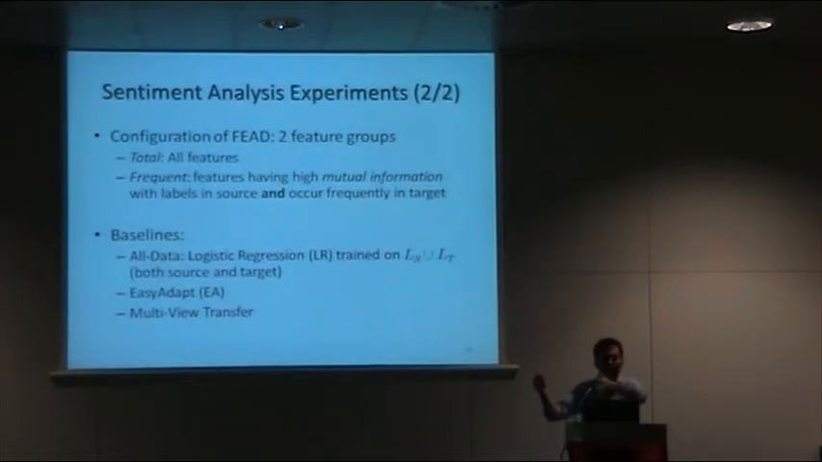So you can use unlabeled target data to measure the frequency of words, and you can use the labeled source data, which is available in plenty, to calculate the mutual information. And then you take an intersection of these sets and obtain this feature group, which is supposed to have a good domain invariant behavior. So, and then the baselines in this case is a simple logistic regression classifier trained on